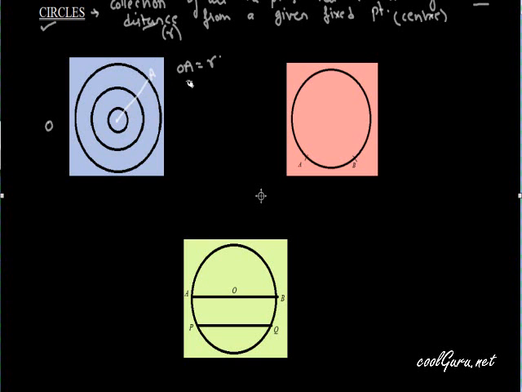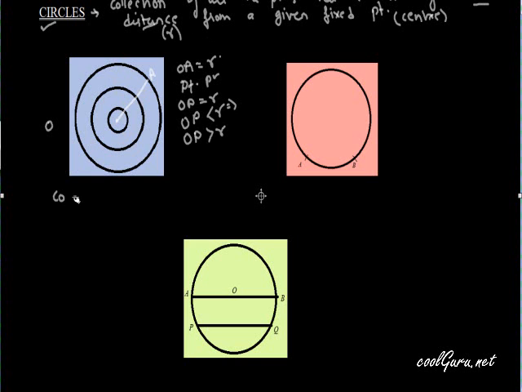Now, what do we mean by interior of a circle and exterior of a circle? Let the point P be such that the distance OP is equal to R. It implies that the point P is on the circumference, the boundary of the circle. If OP is less than R, the point P is inside the circle, in the interior of the circle. And if distance OP is greater than radius, then P lies outside the circle, at the exterior of the circle.